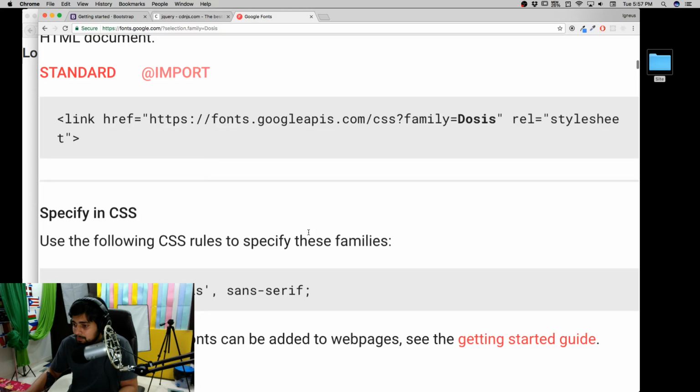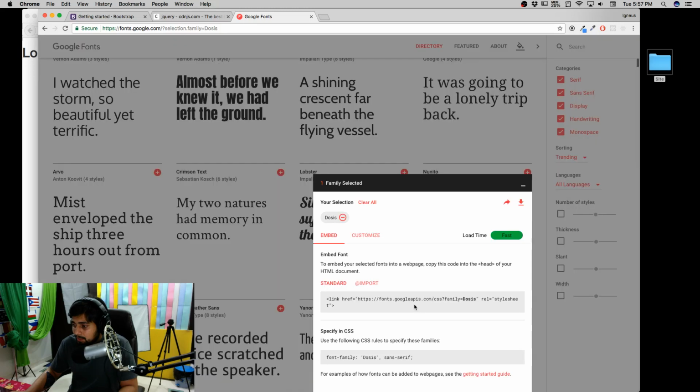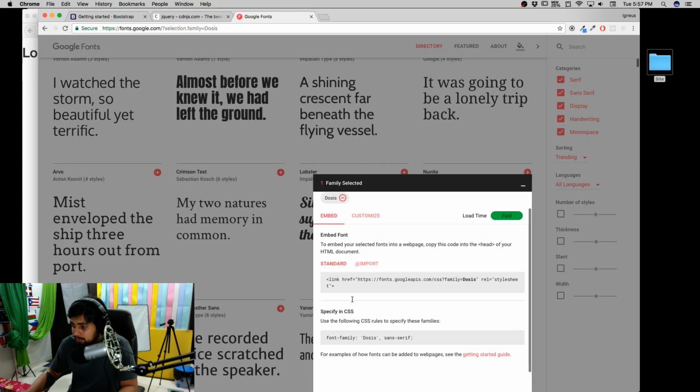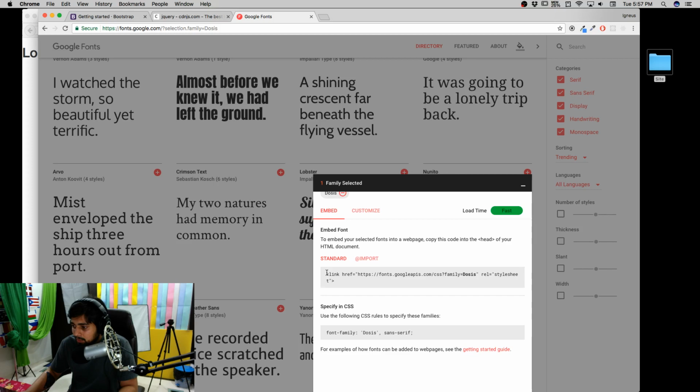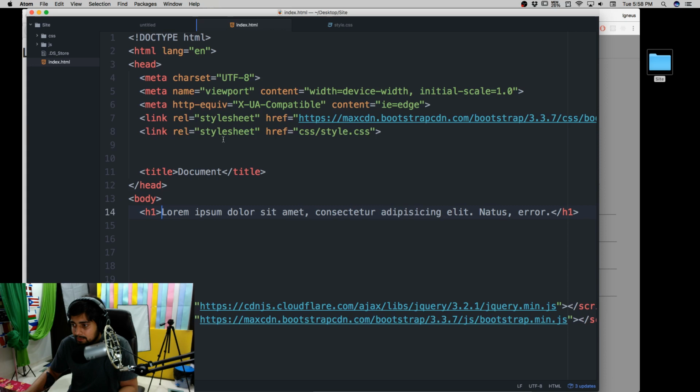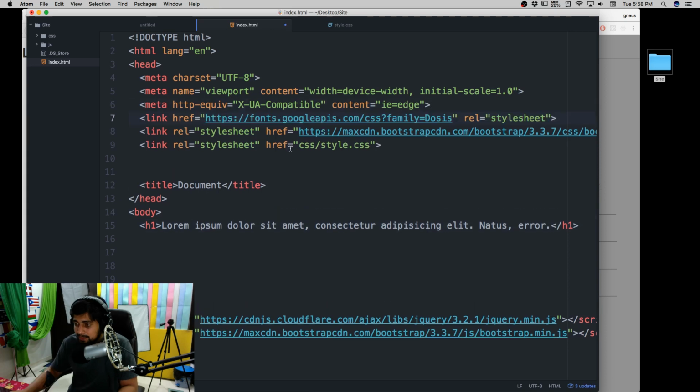Oops, too much zoom. And this is the link we need. Okay, so let's just copy and paste this link. Copy this, and we need to go back into our editor and paste that. I always like to paste these kinds of things at the top so that later my style sheet is at the bottom and I can edit that. That is good. As soon as I save this, this is not going to make any difference. There we see, no difference at all.